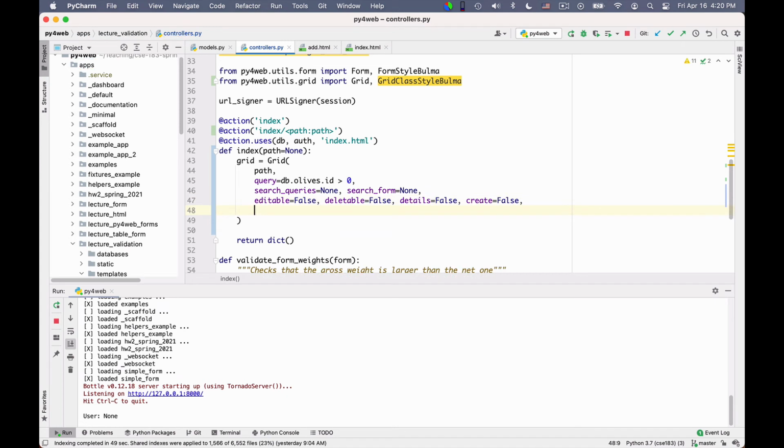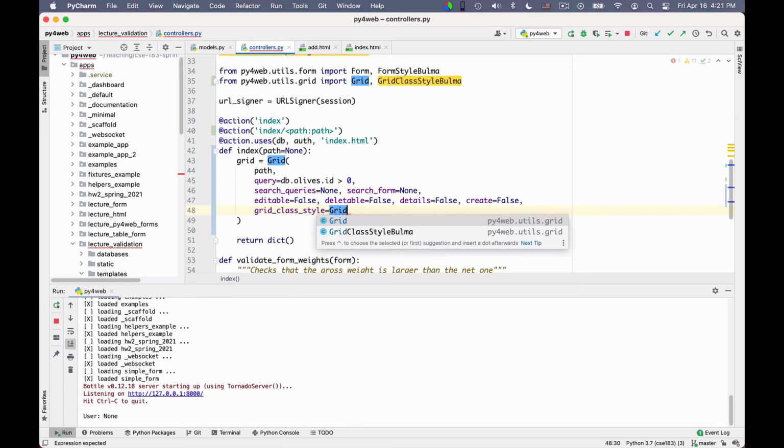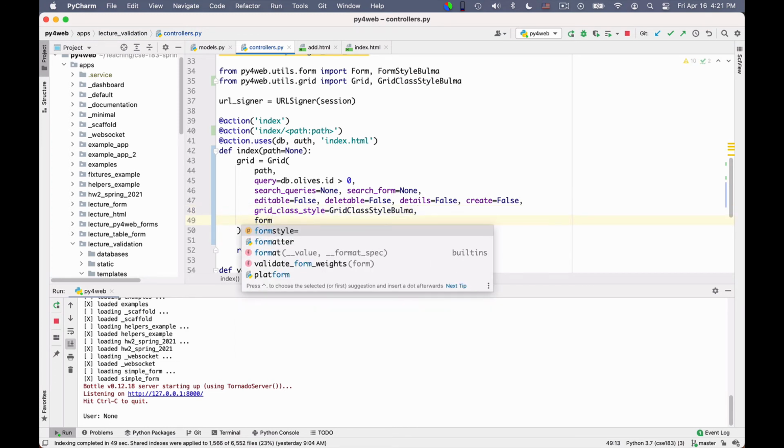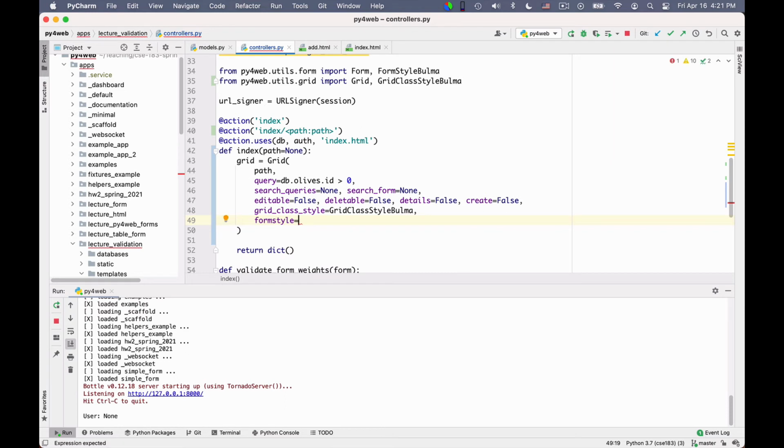Okay, I invite you to explore these options if you like, but I want to keep them switched off for the moment. Grid class style, I want to say that it's gonna be GridClassStyleBulma, so that the grid is fairly well styled. Form style, I'm not sure that this actually matters, but I will give it FormStyleBulma. Okay, and that's gonna be it for the moment.